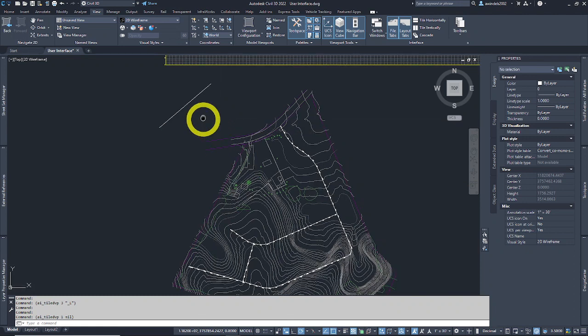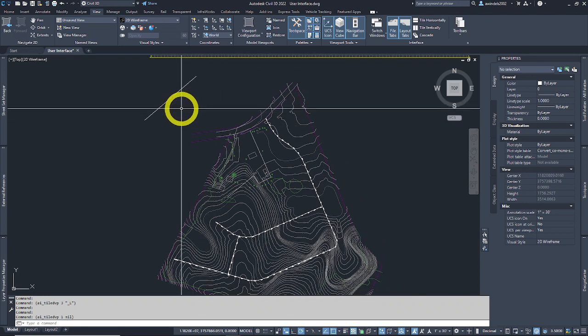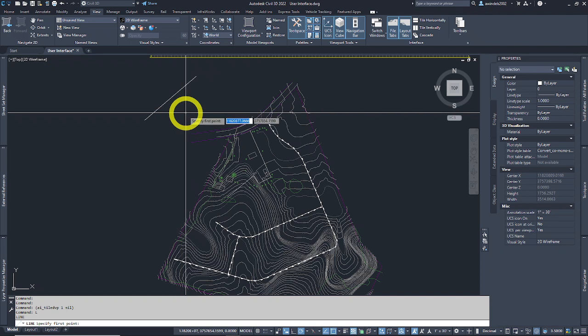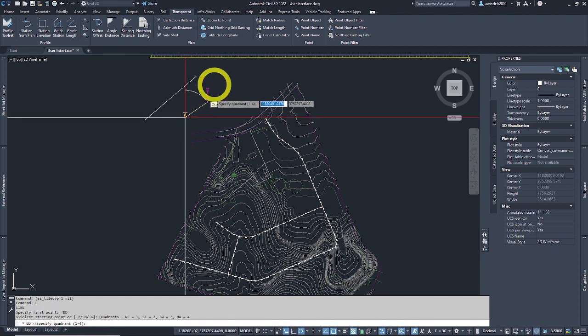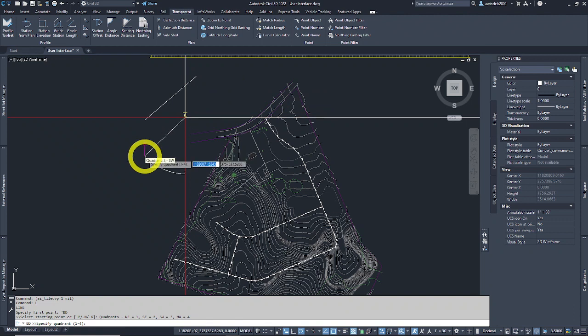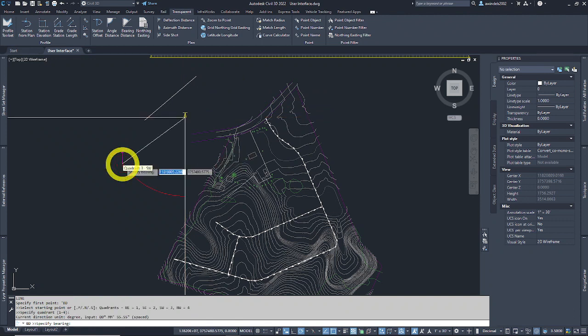Let's check again by typing line, and we'll go back to our transparent commands. I'm going to draw it by bearing distance. Let's pick a starting point. Now I'm totally committed in this view. I'm going to say I want to go to the southwest, to a bearing of 50 degrees,